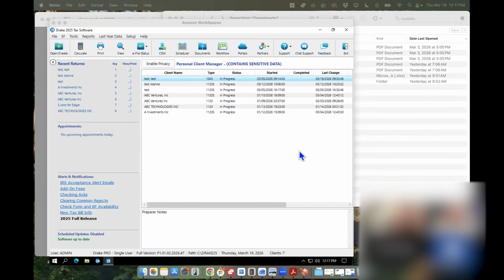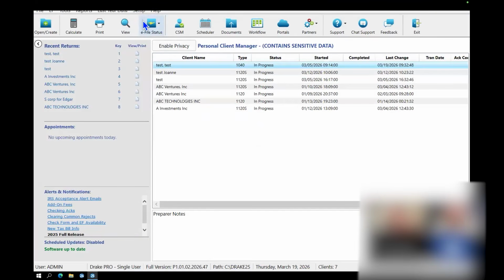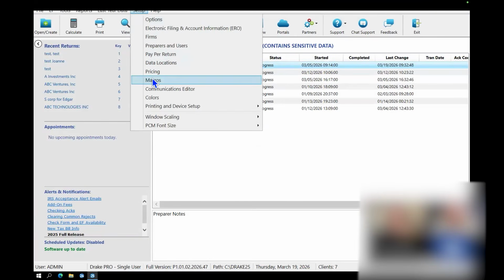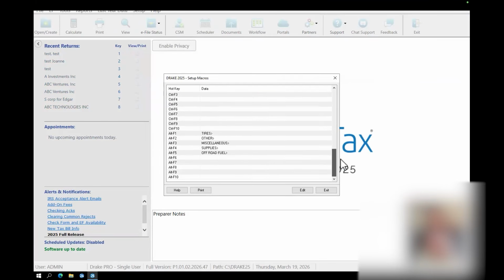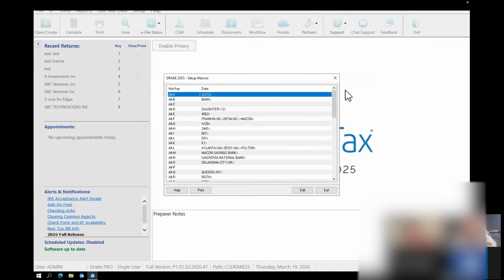So in Drake tax software, they have this thing right here under setup, and that's called macros. So macros is a shortcut. Shortcuts we can set up in Drake tax software. So once we set them up, we can use them every single time. Here's a lot of shortcuts and we can set up any of them. In this example, I'm going to show you a simple shortcut, and that one will be used more for